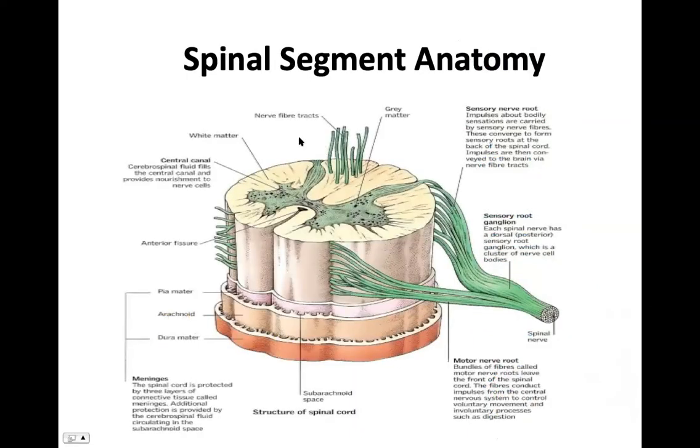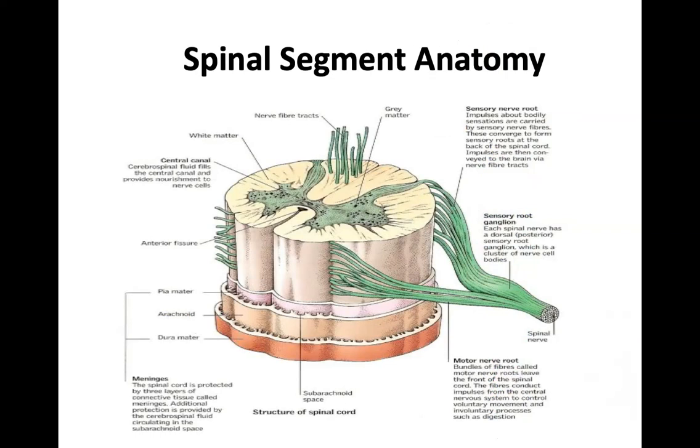All right, just so you understand spinal segments. This is the gray matter in the middle that looks like a butterfly. And then here is a sensory tract and a motor tract. Sensory comes in the back door. This is a peripheral nerve, and the sensory information is going to come in through the back of the spinal cord, and it's going to intersect with this central gray matter, and it's going to do two things.